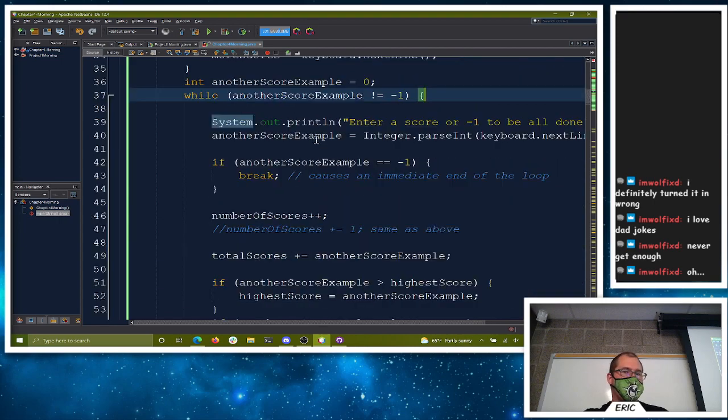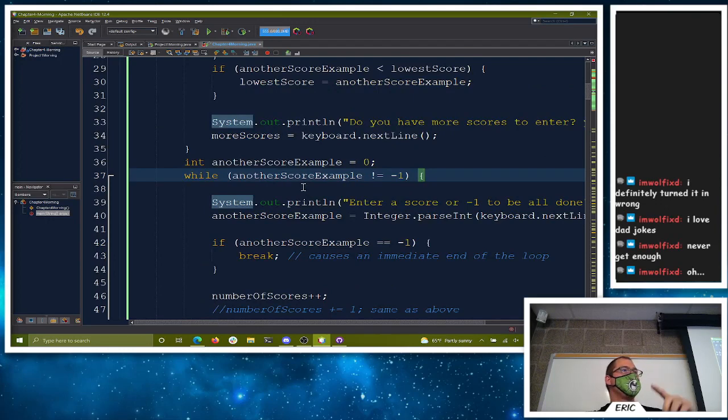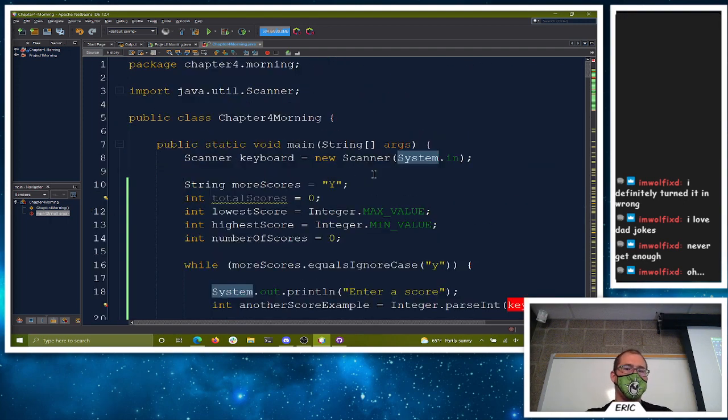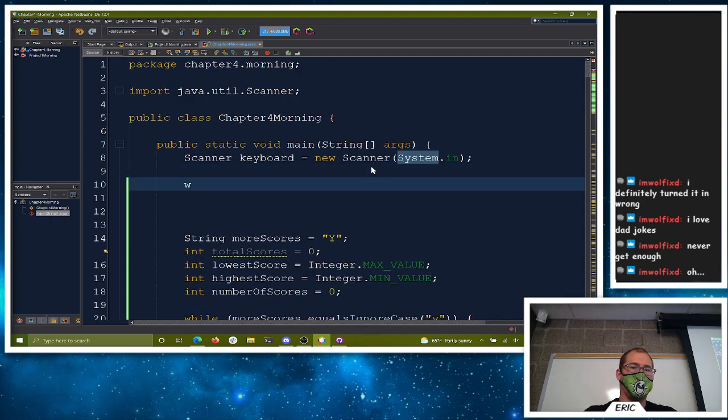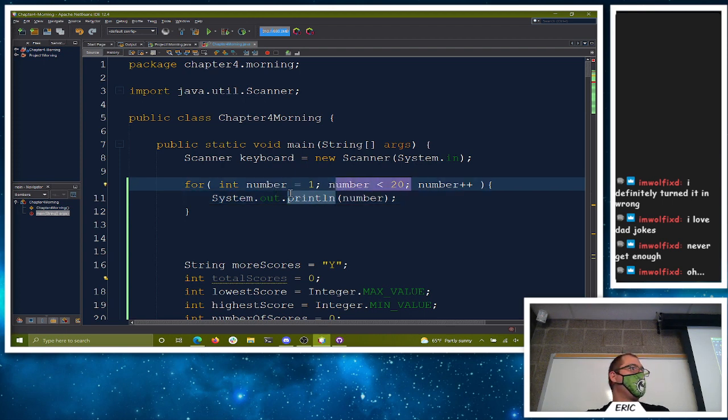There's another keyword that you can use, which is called continue. So continue, instead of ending the loop, says just go back up to the top and reevaluate. Do I need to run again? You can continue. So we could write a loop here. We'll do a for loop. So for number is 1, number is less than, let's just do like 20, number plus plus. If we just print out number, we're going to get the numbers 1 through 19, right? We're not going to get 20, but we'll get 1 through 19, because as soon as it's 20, the loop will stop. But if we only wanted, say, odd numbers, right, we could check.